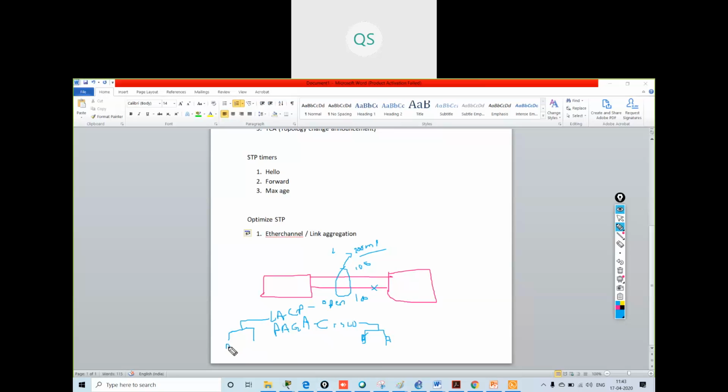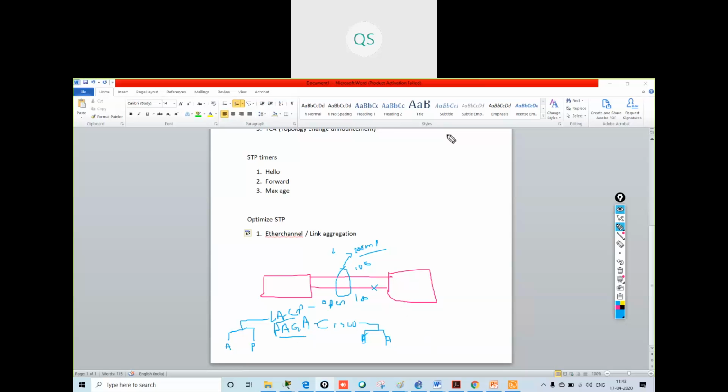We have active and passive. Correct? So these all are the modes that we have in both the protocols. LACP is Link Aggregation Control Protocol. PAgP is Port Aggregation Protocol.